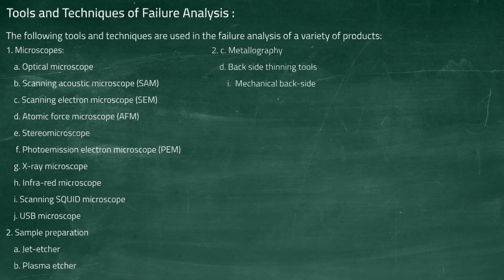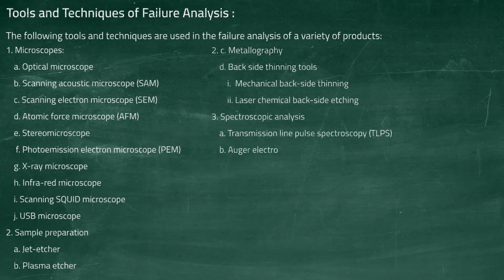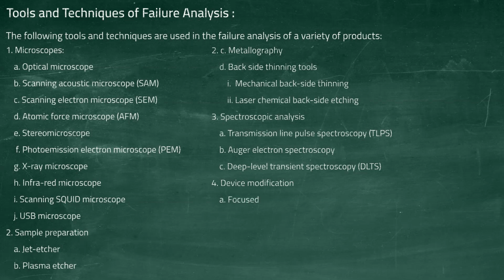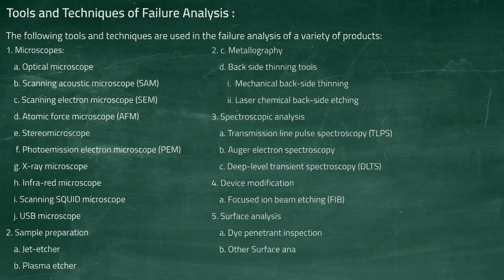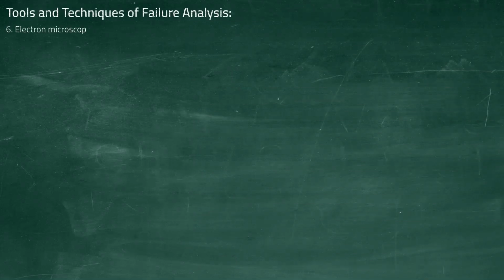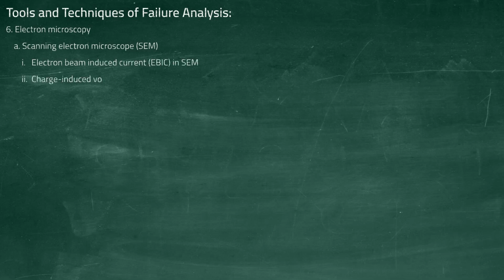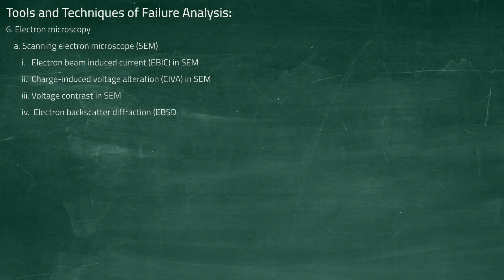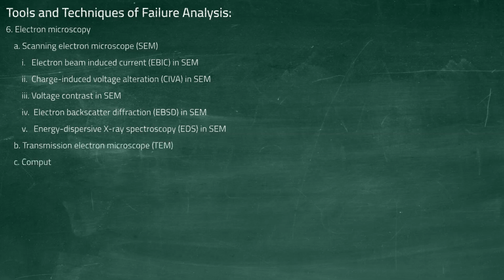mechanical backside thinning, laser chemical backside etching, spectroscopic analysis, which include transmission line pulse spectroscopy, Auger electron spectroscopy, deep level transient spectroscopy, device modification, which includes focused ion beam etching, surface analysis, which includes dye penetrant inspection, other surface analysis tools, electron microscopy, which includes scanning electron microscope, electron beam induced current in SEM, charge induced voltage alteration in SEM, voltage contrast in SEM, electron backscatter diffraction in SEM, energy dispersive X-ray spectroscopy in SEM, transmission electron microscope, computer-controlled scanning